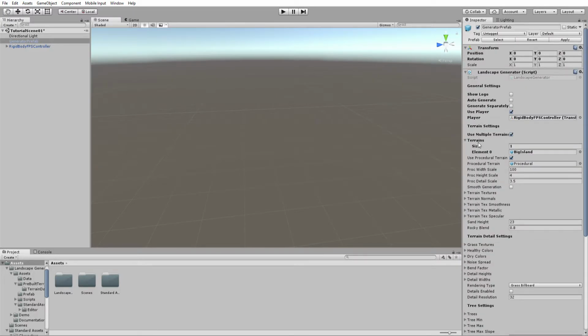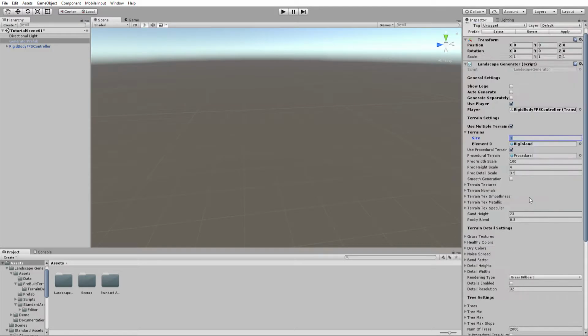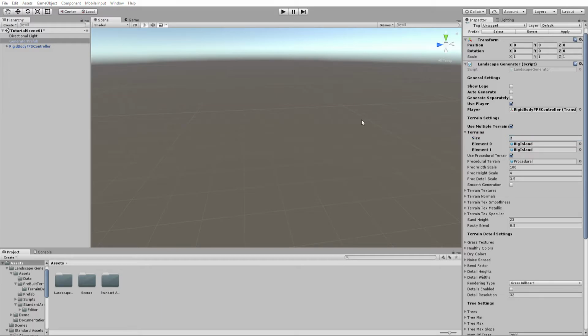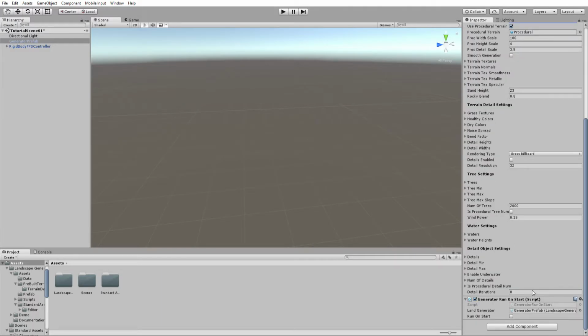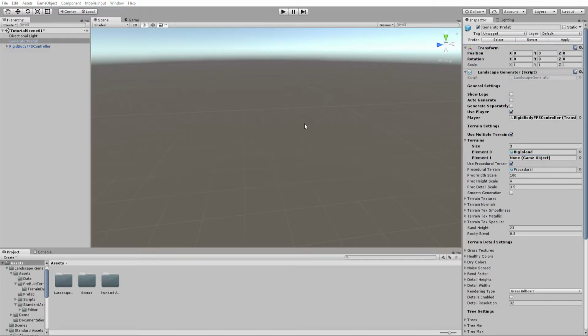Okay, so that is another thing I forgot about. Let's make sure, X that out. That's another thing I forgot about, that you have to make sure that your terrains thing here, if you're using multiple terrains, then you don't have two and you don't have a null one like that, or else it will give you a bunch of errors, and that's not what we want. Okay, so now that we're back on track,